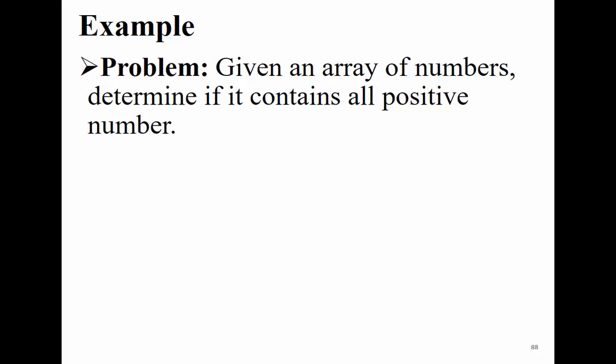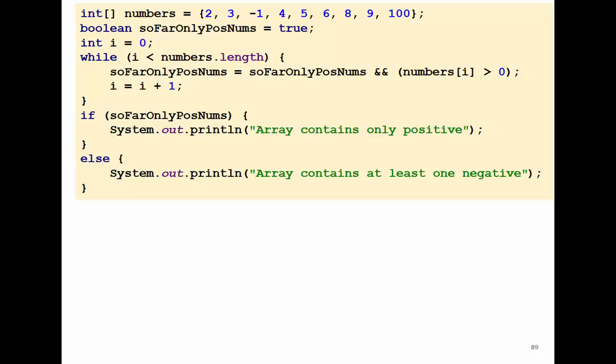Now I have this problem. Given an array of numbers, check if it contains all positive numbers. So I'm trying to see if this array contains only positive numbers. Again, I'm going to use loops to check all the elements, or maybe I use a while loop. I can use a for loop and break once I see a negative number and keep checking. Once I see a negative number, I break out. Or I can do the same thing I did for equality: I use a for loop or while loop, and I use the status as a part of the conditions.